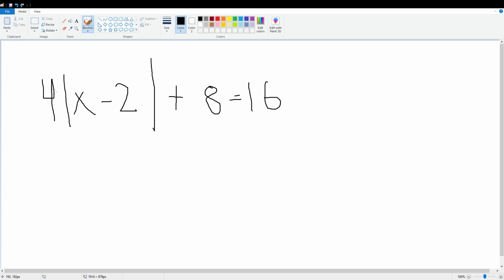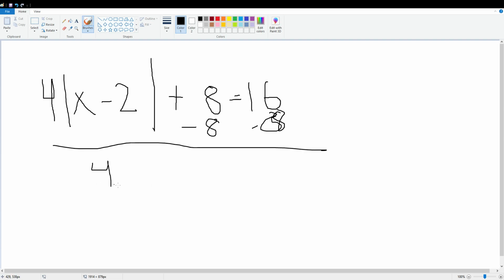So you could also graph this whole part right here, 4 times the absolute value of x minus 2 plus 8. You could graph that, but today we're going to solve this equation algebraically. So the first thing we want to do is subtract 8 from both sides. Okay. So now we're left with 4 times the absolute value of x minus 2